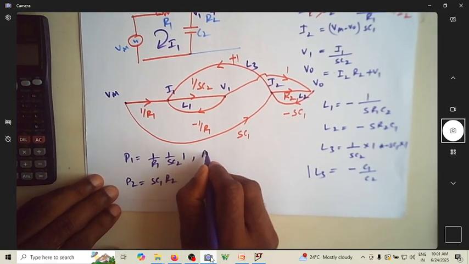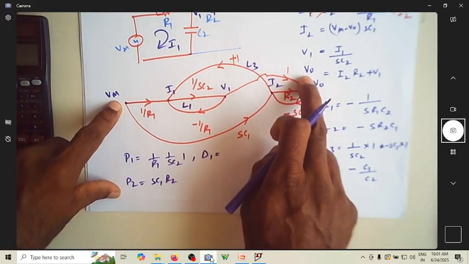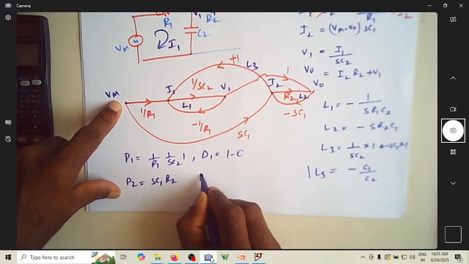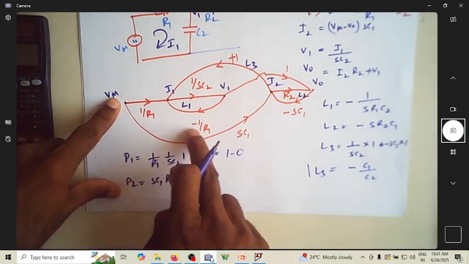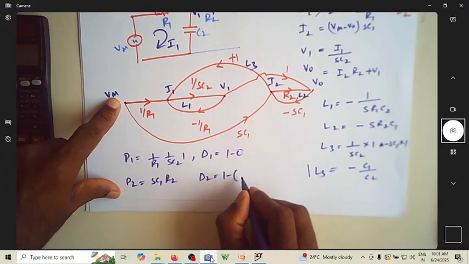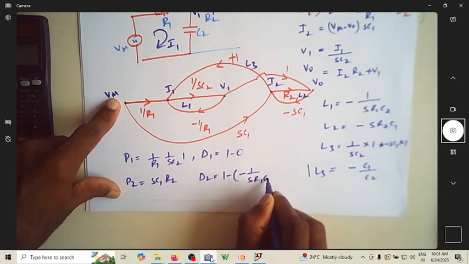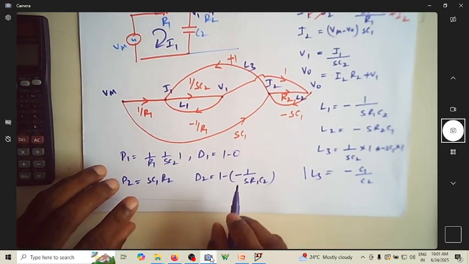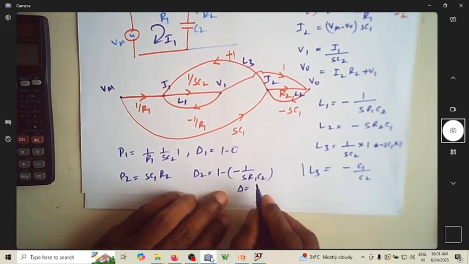And what is delta 1? Delta 1, this is the forward path, so it's like 1 minus 0. What is delta 2? Delta 2 is, so this is my second forward path, so this doesn't touch. It's 1 minus of minus 1 over S R1 C2. Minus of minus will become plus. So what is delta now? Delta is equal to,